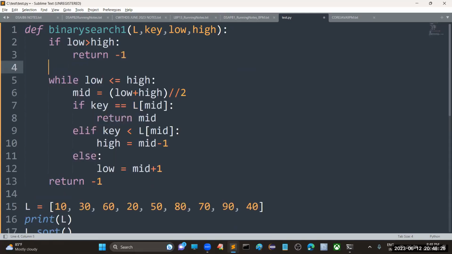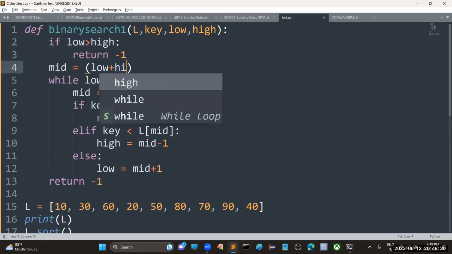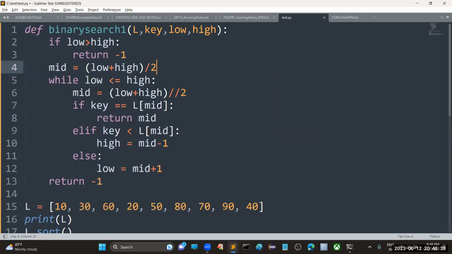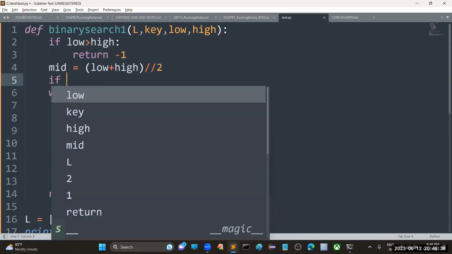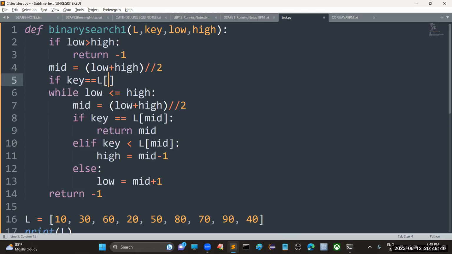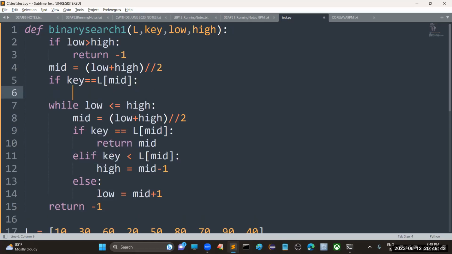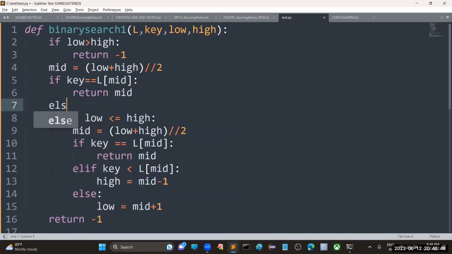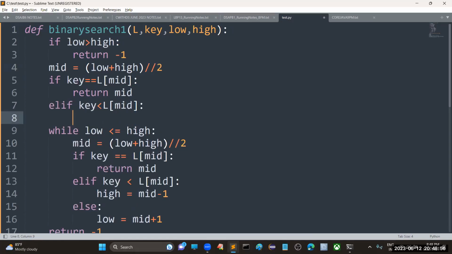We need to calculate the mid value. So your mid value will become, as usual, the formula (low plus high) by 2. Now what we have to do? You need to compare: is our key value equal to the list of mid? Then we can return. It is also a base case. If this condition is not satisfied, then we check whether the key value is less than L of mid. It means the element which you are searching is available in the left side. Then we have to return